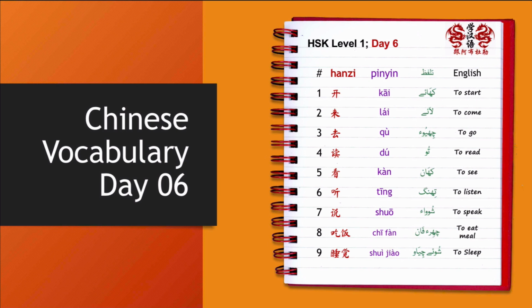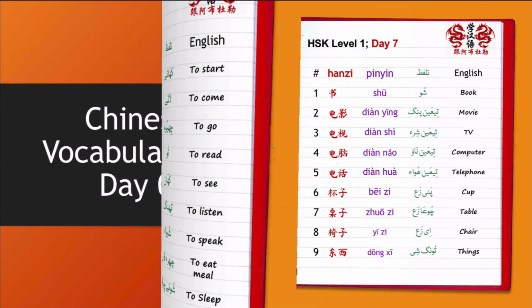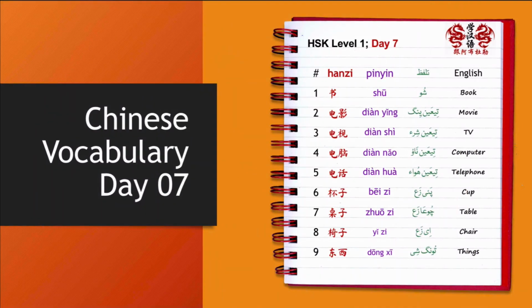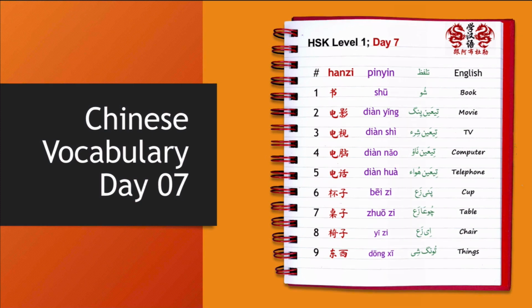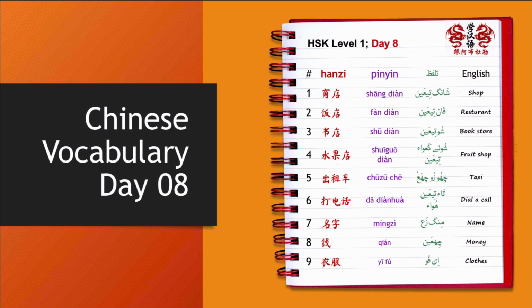Day 6. 开，来，去，读，看，听，说，吃饭，睡觉。Day 7. 书、电影、电视、电脑、电话、杯子、桌子、椅子、东西。Day 8. 商店、饭店、书店、水果店、出租车、打电话、名字、钱、衣服。